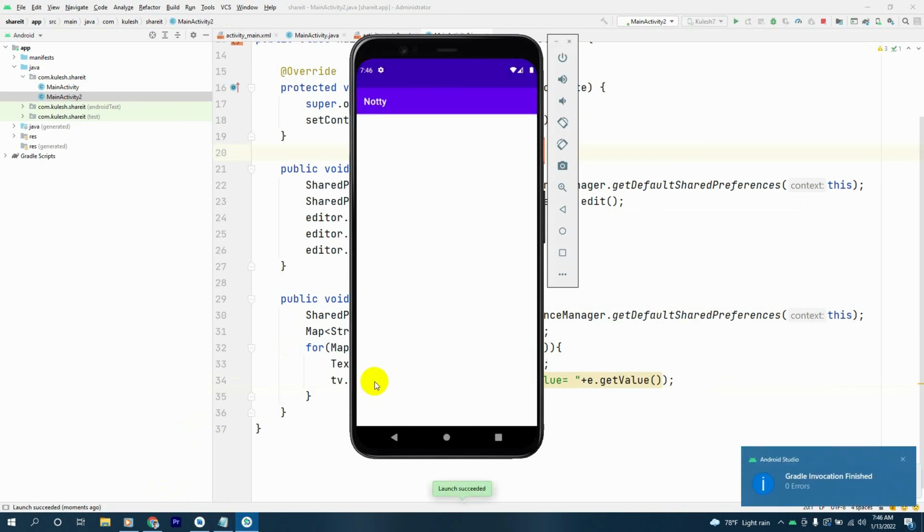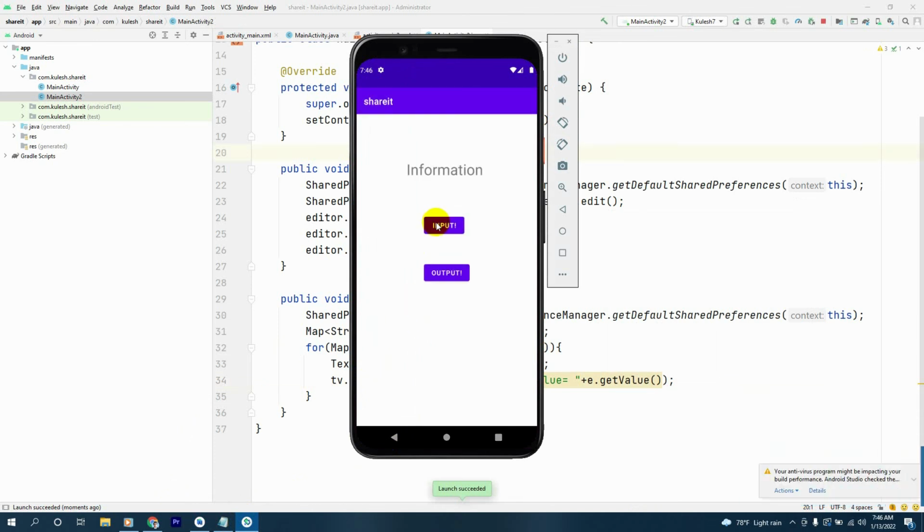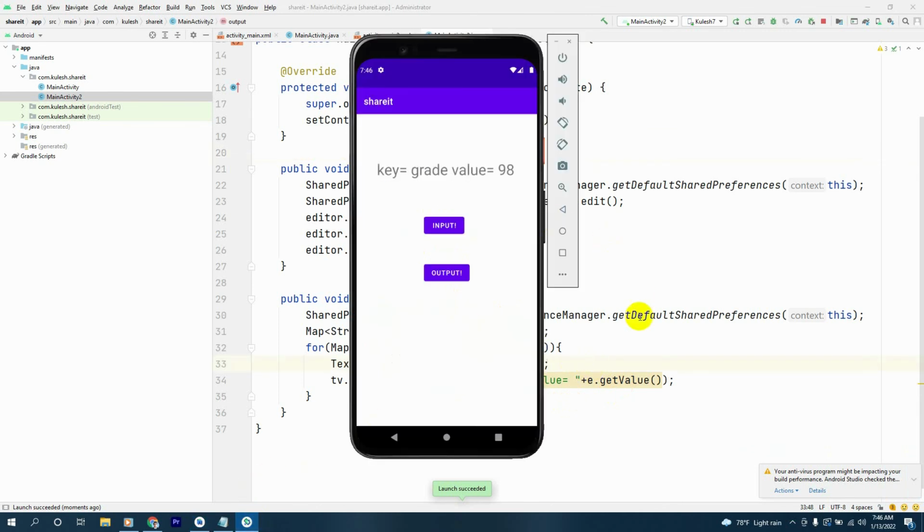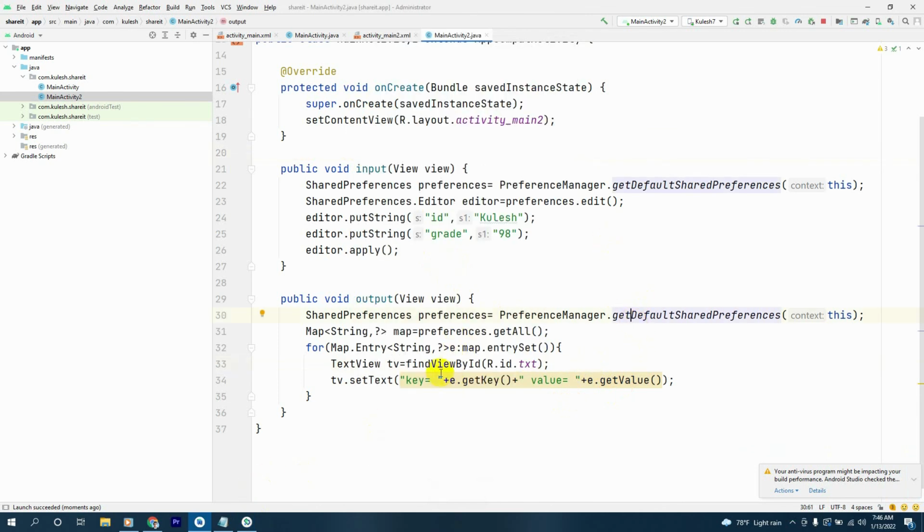This is another example for shared preferences. We press on input and press on output, and we get our values. Key equals grade and value 98. Actually, this is the second value. We must get the first and second values both. For that, we say